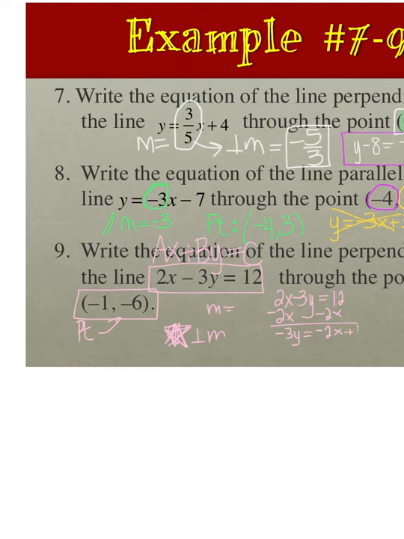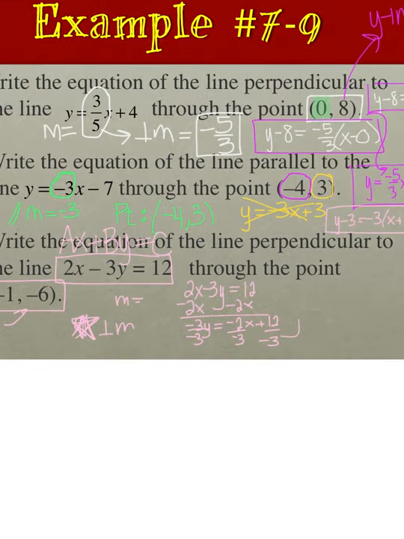I like to put the term with x first because I want it in slope-intercept form. So then, when I divide by negative 3, it's imperative that you divide every single term by negative 3. You can't just divide the last term by negative 3 because then you're not making this equation equal. So now we get y equals, we're going to clean this up. Negative over a negative is positive 2/3 x, and then minus 4 or plus negative 4